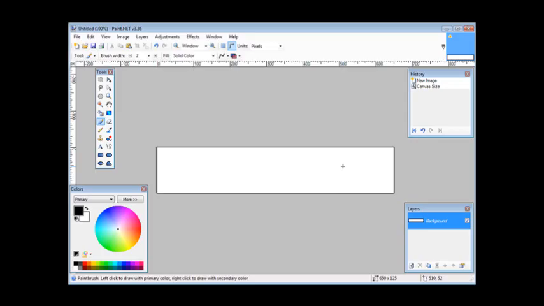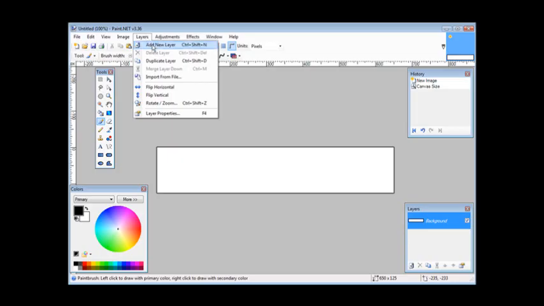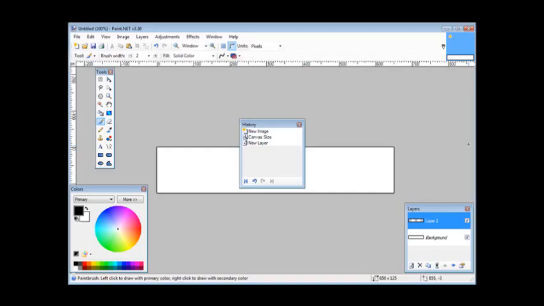Now from here there are several things we could do. We can add a picture to it and put some text on it. We could just make it a certain color, and I'll show you how to do a few of these things. If we wanted our background to have a certain color, what we would do is add a layer and some colors. We're going to do everything in layers. So let's go to layers, add a new layer. You'll see the layer pops up